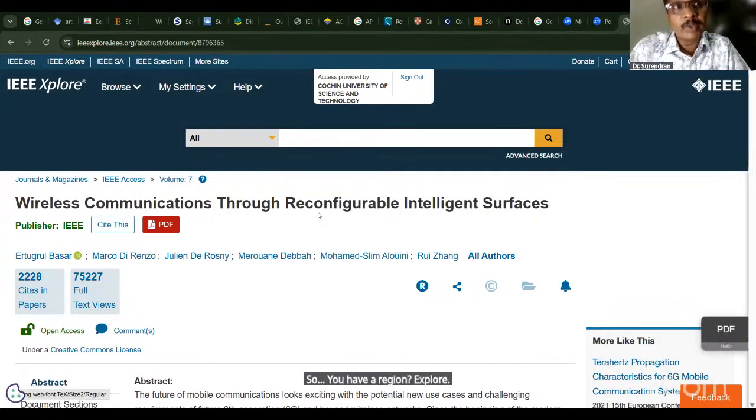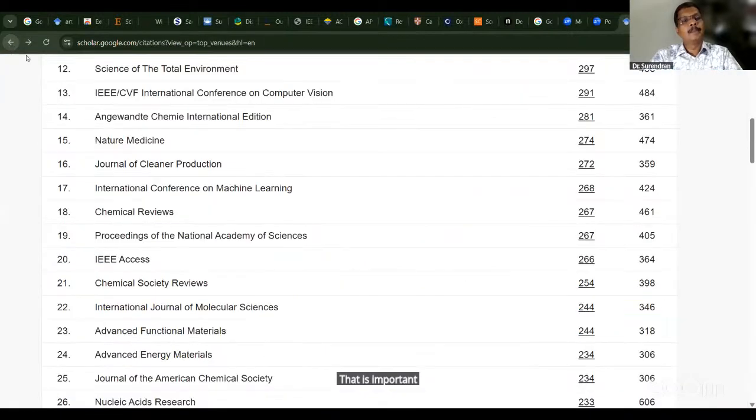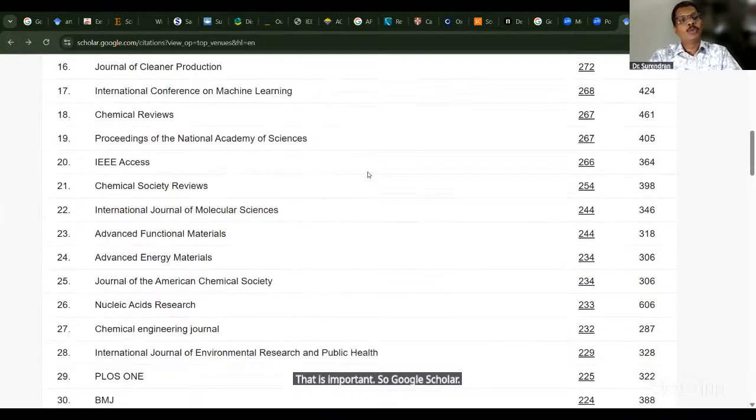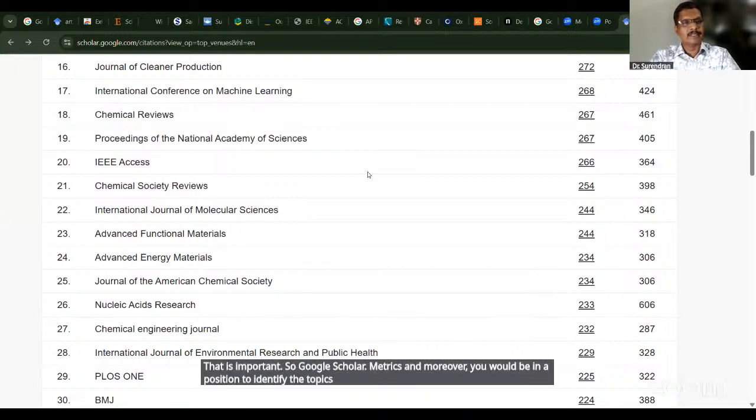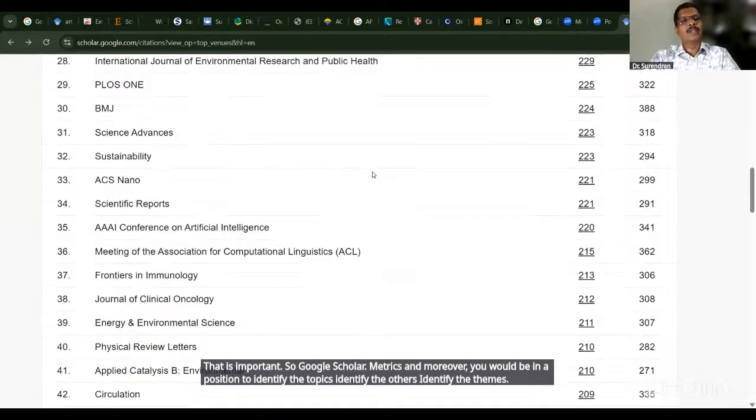So even without knowing the database name or publisher name, you would be in a position to reach the homepage of prominent publishers. That is the importance of Google Scholar metrics. And moreover, you would be in a position to identify the topics, the authors, the themes. Okay. And further, for example,